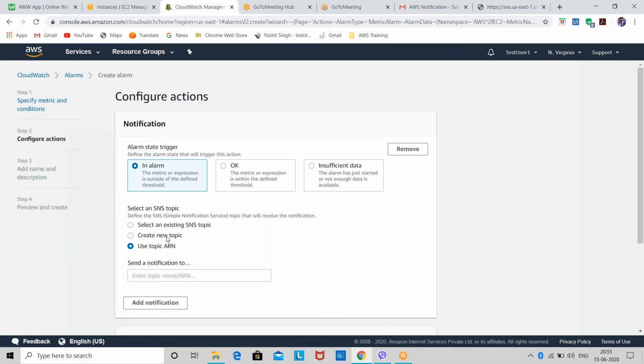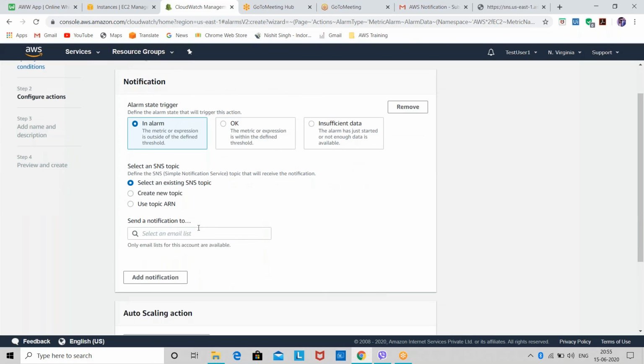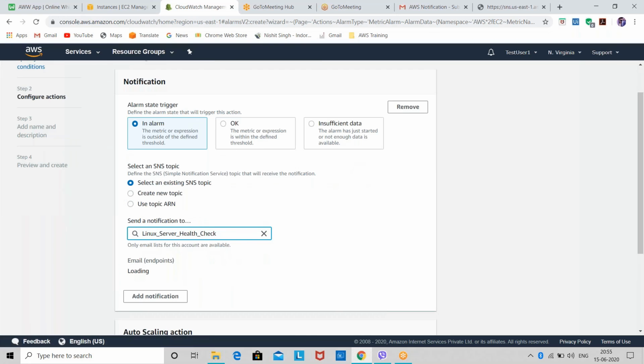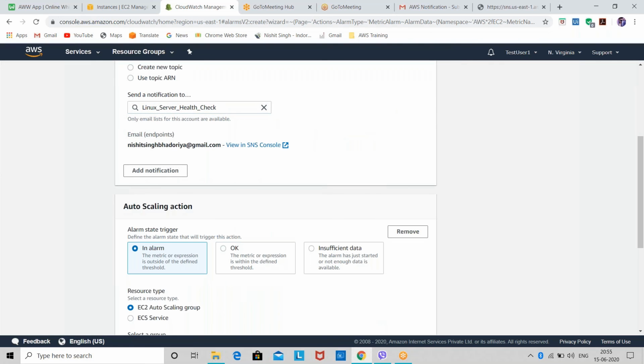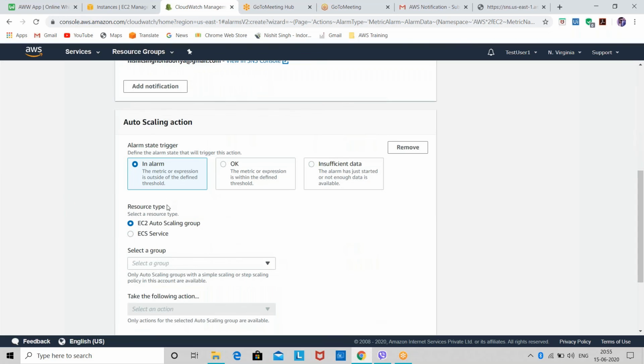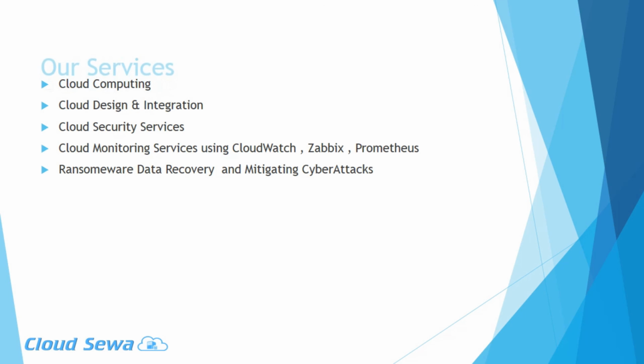I'll select the existing SNS topic, which I created during the auto scaling group creation. Now you can also add an auto scaling action, if you have an auto scaling group, for what kind of action you want.